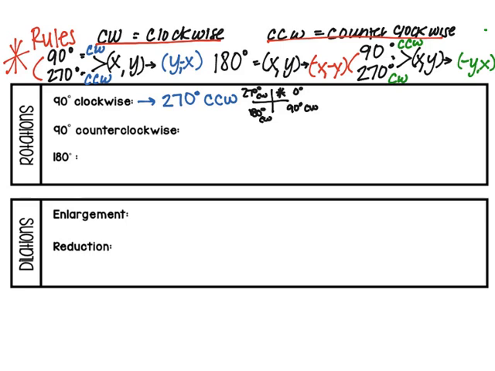But if we were to go in the opposite direction, you would see that this would be 90 degrees counterclockwise, 180 counterclockwise. See how 180 stayed in the same position, and this is 270 degrees counterclockwise. So I'm wanting you guys to see that both of these right here are the exact same thing for that position. And the rule that you need to remember is you take your X and your Y, and